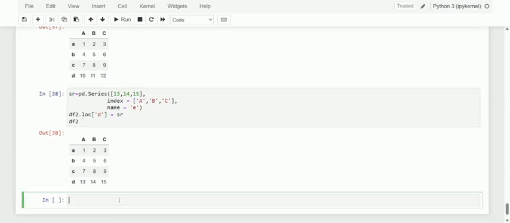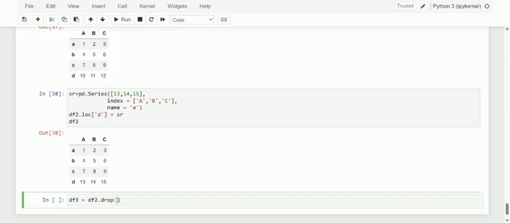So yeah, here we just go with it. So this is my new data frame, where from the existing df2 I'm just going to drop, that is drop the row.